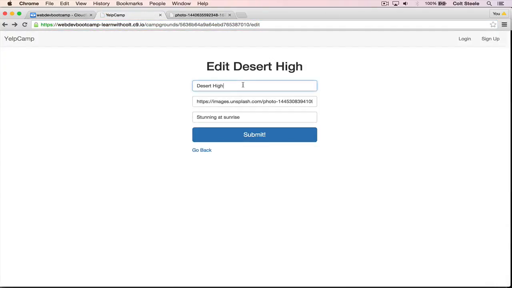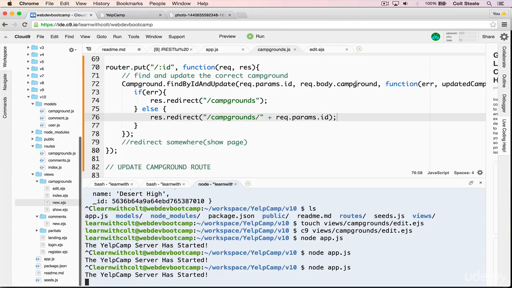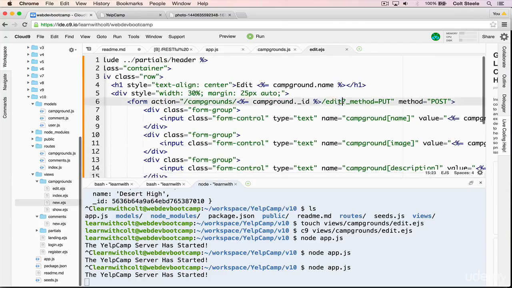Go back to the edit form, refresh, add in some noticeable data here, submit, and we have a small issue, which is our route is still not quite working. And it's actually that our route works fine, it's the form is submitting to the wrong place. Notice our put request is campground/ID/edit. We don't want that /edit. That's supposed to be the form has /edit, but where the form submits is supposed to be campground/ID as a put request. So we need to get rid of this. Now if we try that again,